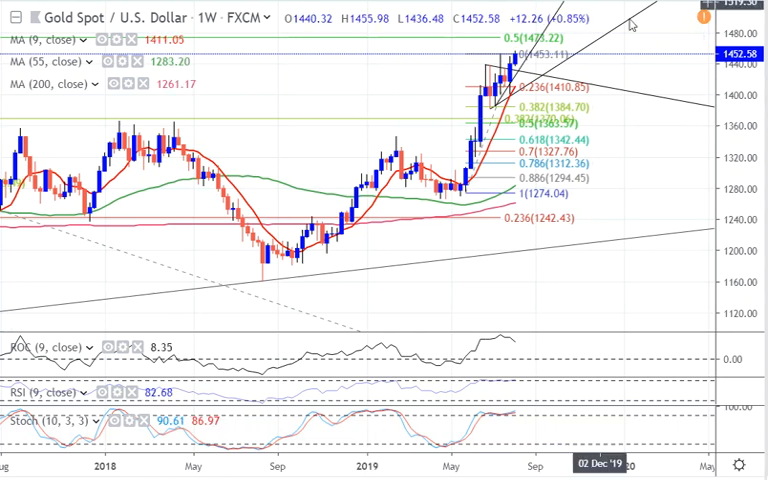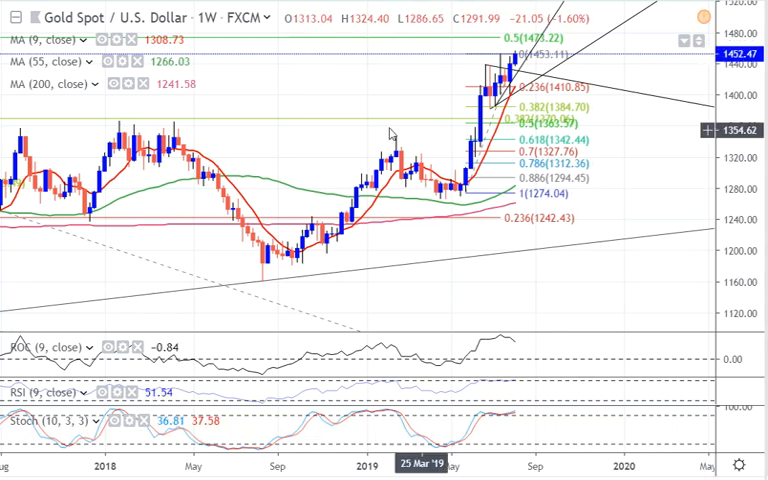There's two ways of measuring to get short-term objectives. You measure that pole and you add the number of points onto the break point, and that gives you the measured target. What I do also is I measure the height of the flag, of the pennant, of the triangle. This happens to be a pennant. I measure this. That was a total of 58 bucks. So when I add 58 bucks to the break point, that gives me a short-term target of